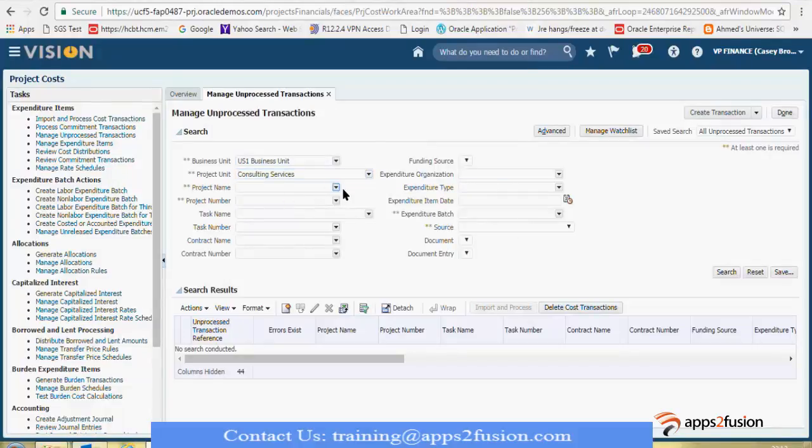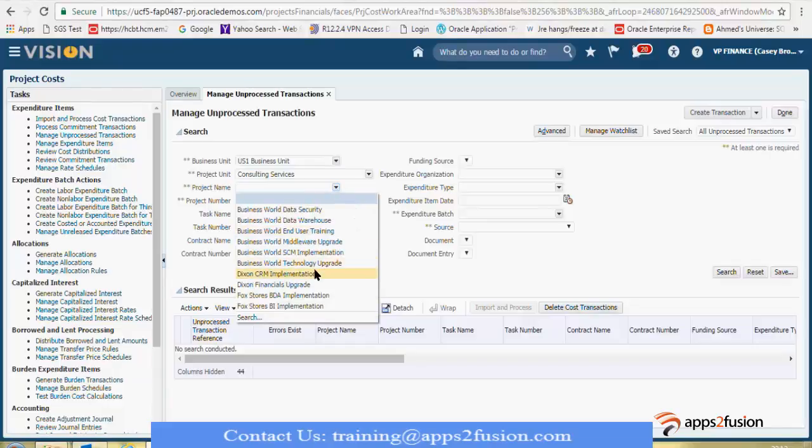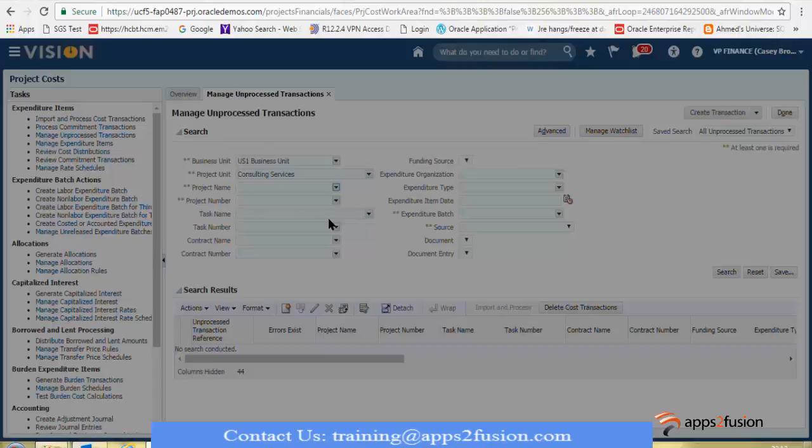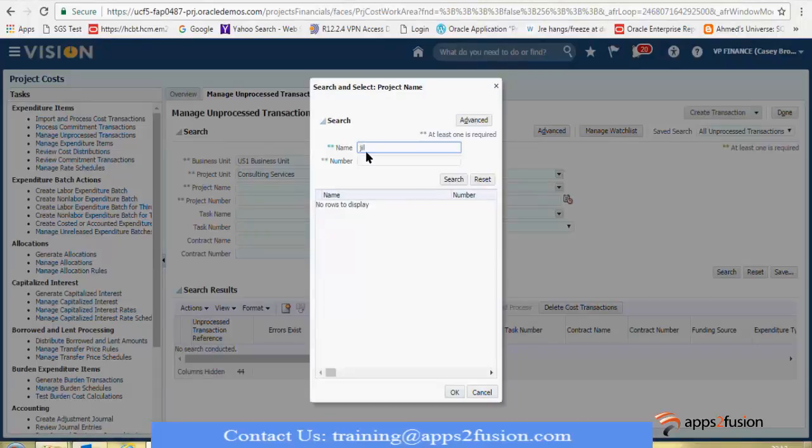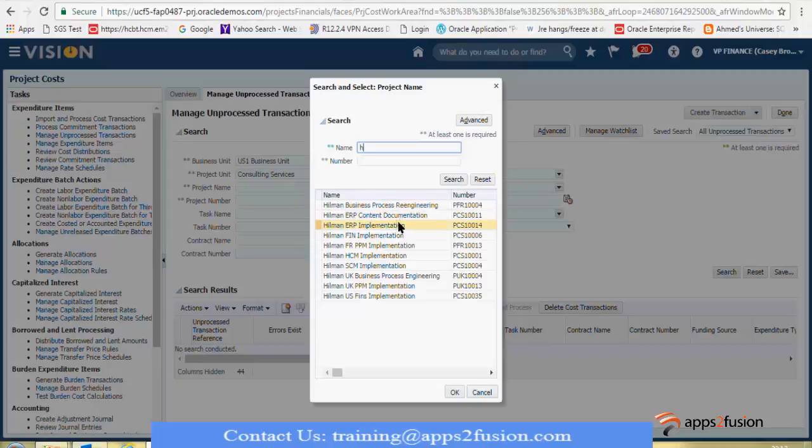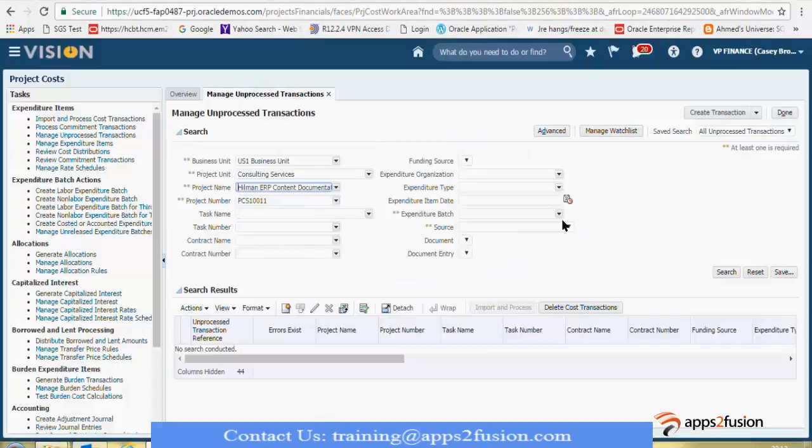Suppose I want to know project wise what the unprocessed transactions are.